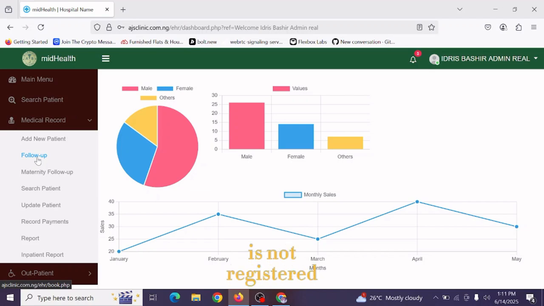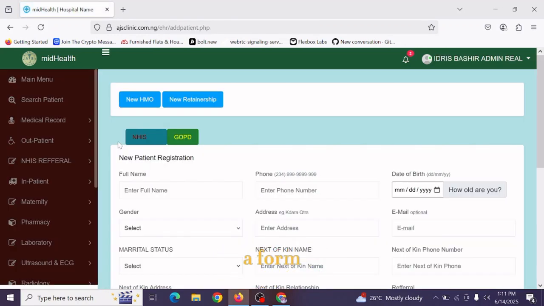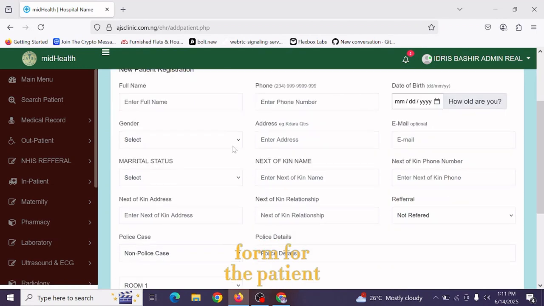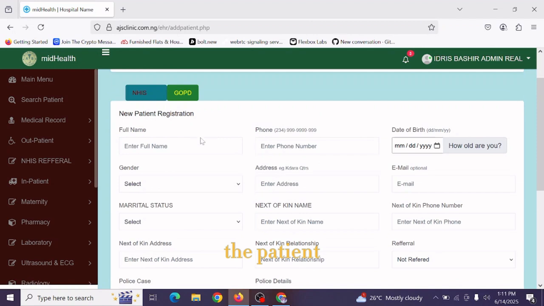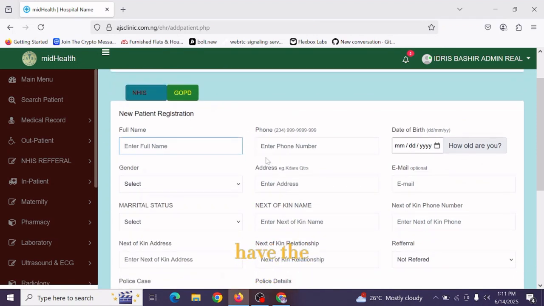And if the patient is not registered, it's a new patient, they will come here under add new patient. They will click here and register that patient. It will bring out a form for the patient, and they will register the patient. So we have the form here. We have the full name,